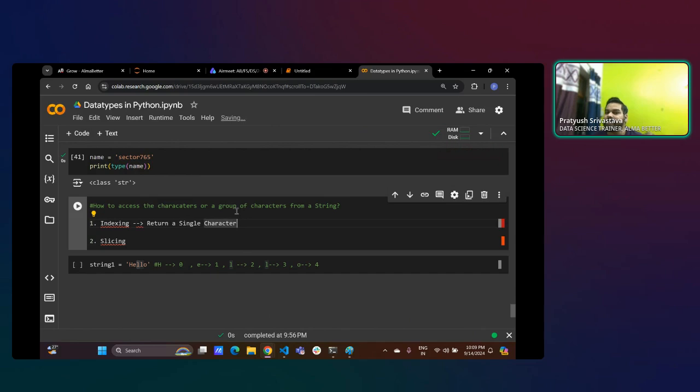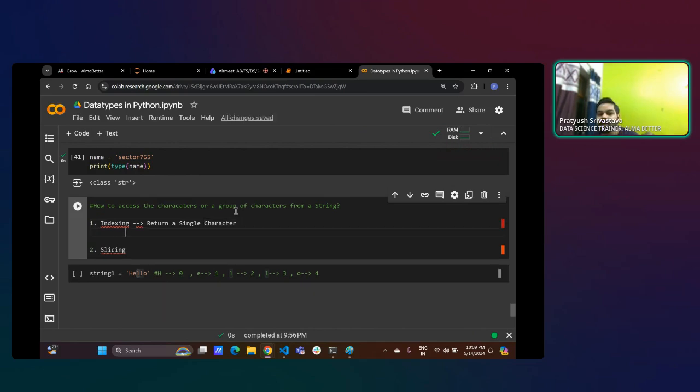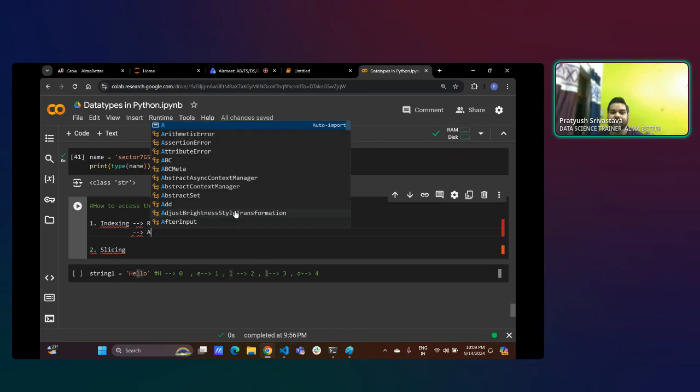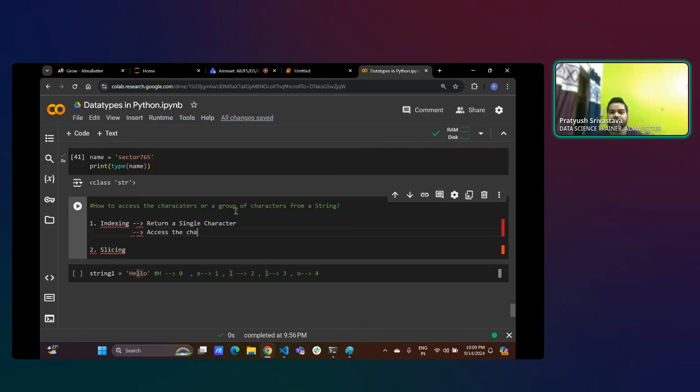And what is indexing? Indexing means you are going to access the character based on position. तो आप पोजीशन के बेसिस पे एक्सेस करो, ठीक है। फॉर एग्जांपल मैंने यहाँ पे बताया,